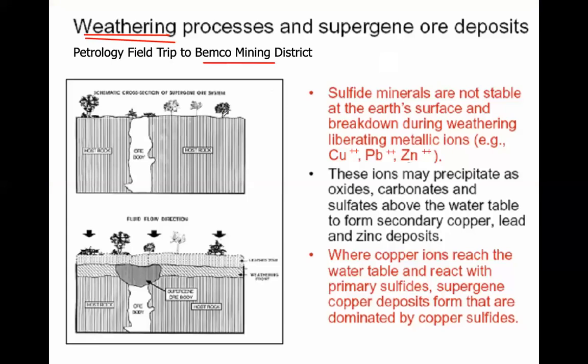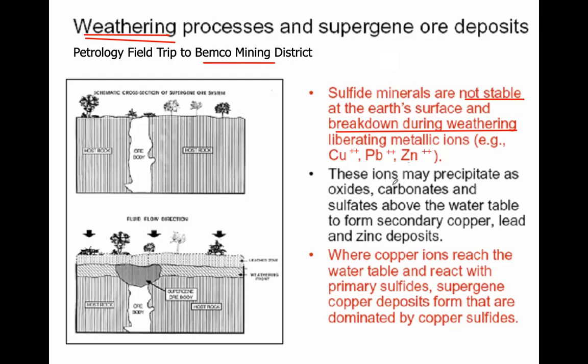Because in surface or near surface conditions, a lot of oxygen is there. So they do not prefer this environment. They always prefer reducing conditions. Therefore, they are not stable under Earth's surface, right? They are not surface stable. So therefore, they just break down during weathering into metallic ions. For example, copper sulfide, lead sulfide, zinc sulfide components are broken down, forming corresponding ionic material. Okay, so these ionic materials